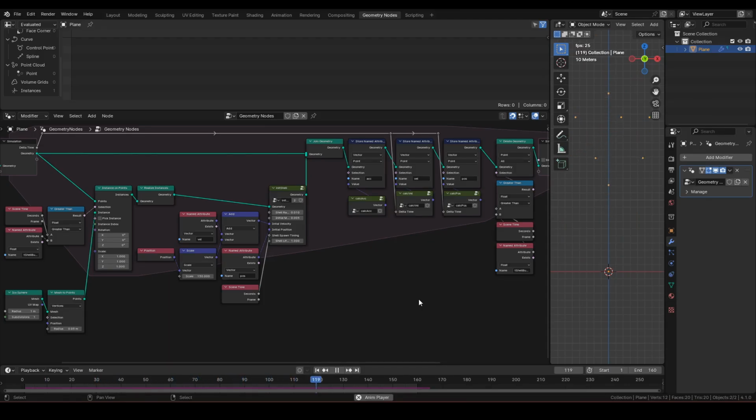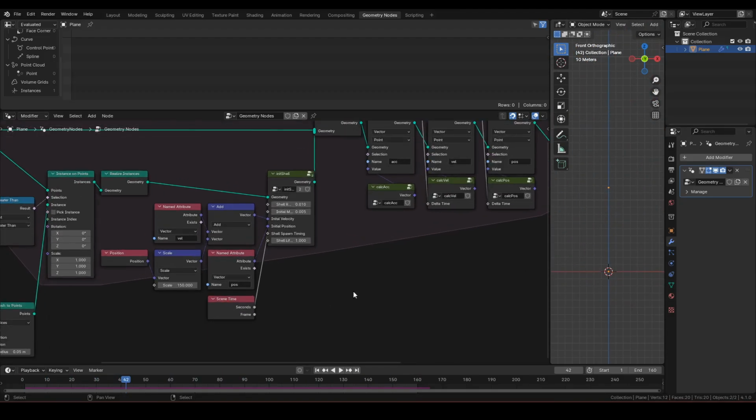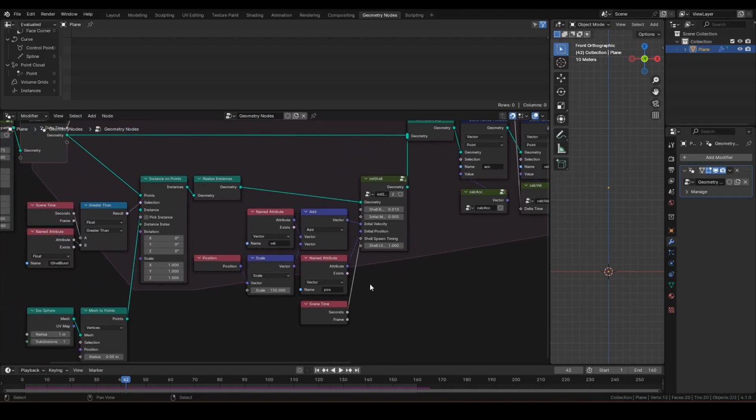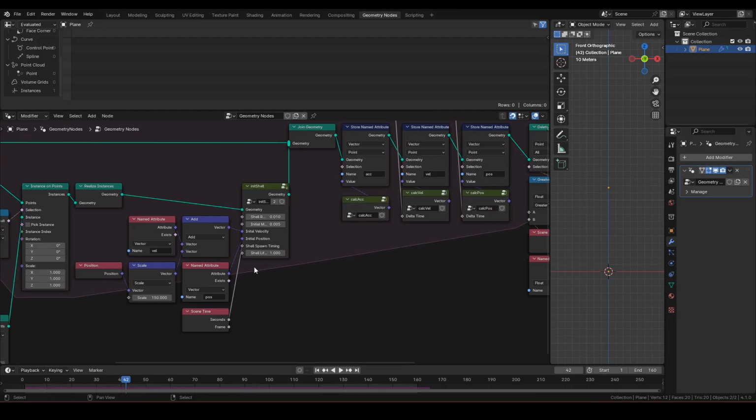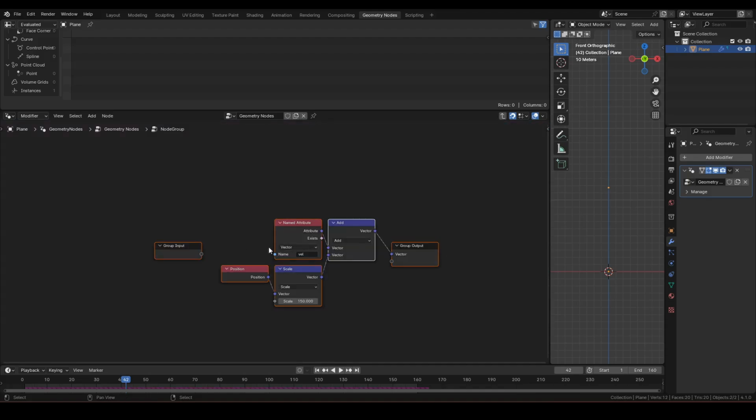Awesome. It is bursting and spawning points. The current setting is causing points to spawn infinitely, but we will deal with it later. I'm going to group up the initial velocity calculation.